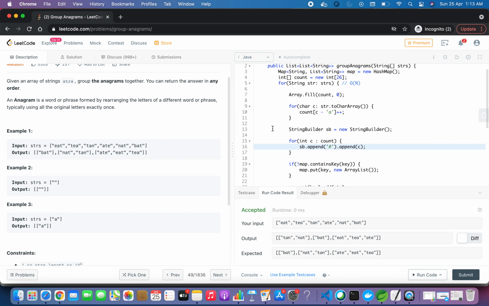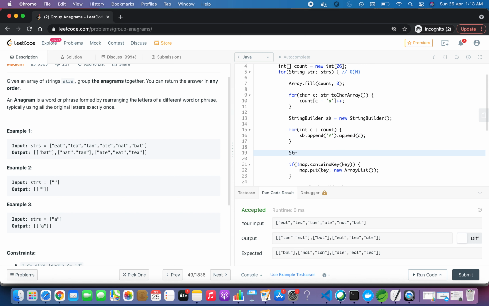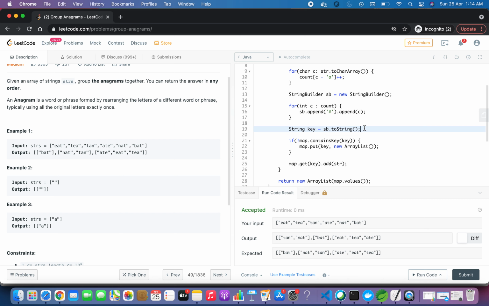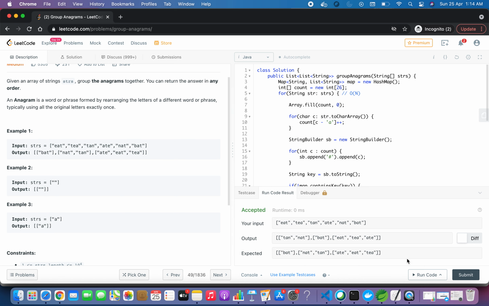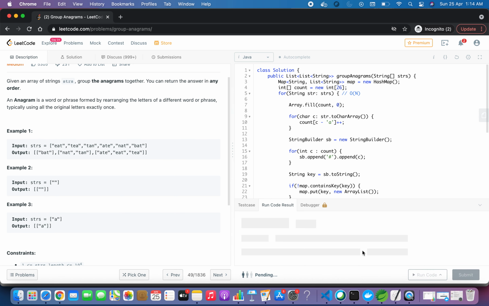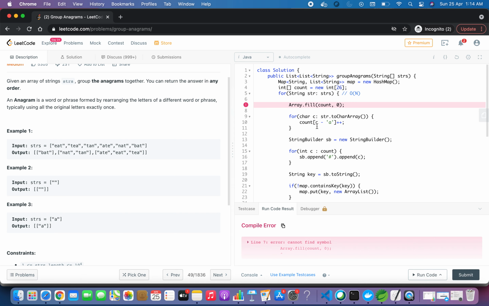Now let's create a key out of it: String key equals sb.toString. This looks good. Now if the map does not contain this key, then we'll create an array list and add it. The rest all will remain the same. So let's try to run this code. This will be Arrays.fill.